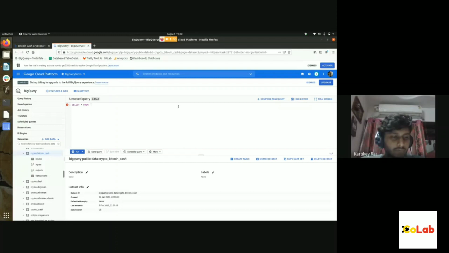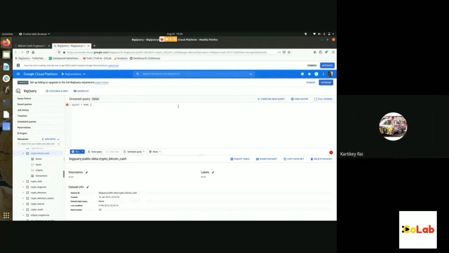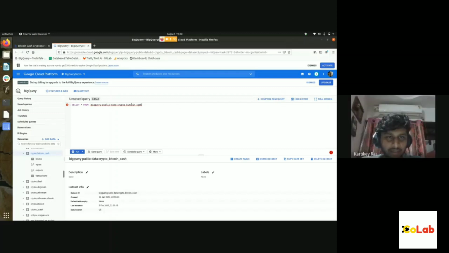The backtick button is the one before the figure 1 on a keyboard, and I just opened a backtick. I pasted the source and the database name, and for now I'll just close it so that I don't forget it later. And I need to replace this colon with a full stop, or the dot, and also I need to mention the name of the table. The name of the table here is blocks, so I will just write blocks here.